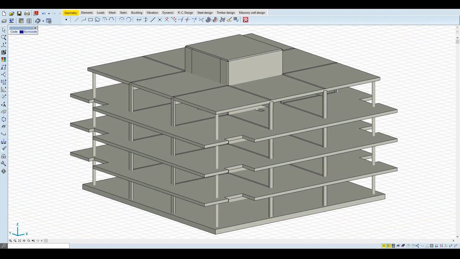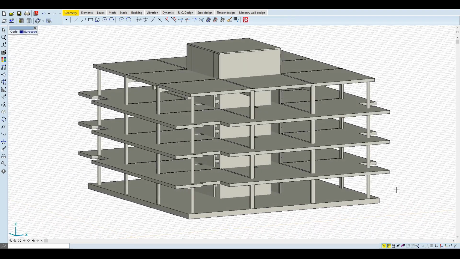In this section, we would like to present the seismic analysis of a quite simple 4-story reinforced concrete office building using the Eurocode standard. The main dimensions are 25 meters times 25 meters. The height of each story is 3 meters. We have a bottom slab with 50 cm and slabs with 30 cm thickness.